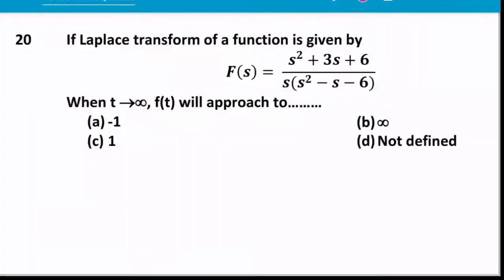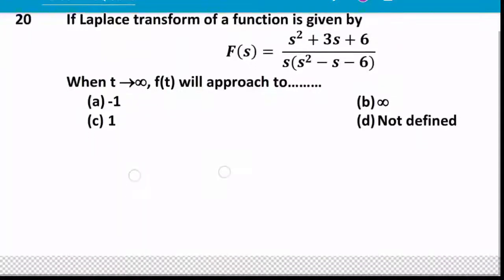Next question, question number 20. If the Laplace transform of a function is given by (s square plus 3s plus 6) by s into (s square minus s minus 6), when t tends to infinity, f of t will approach dash. This is one of the excellent questions, because what will students generally do? They will directly put in the final value theorem and find the answer. But here the final value theorem